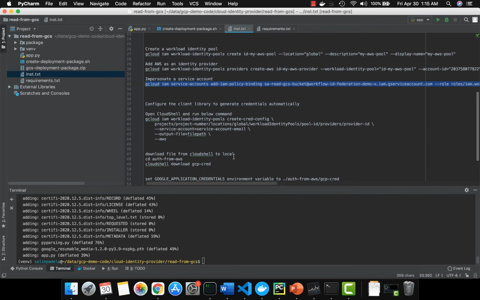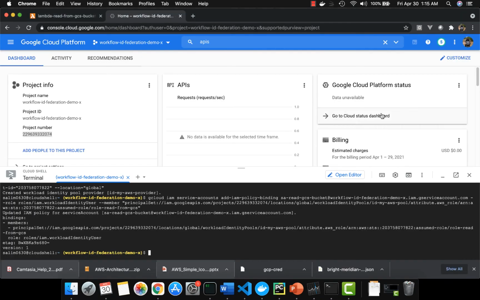So that's pretty much what we had to do to set this up. Now what we do is download this particular file, which we need to attach with our code. We have to update the variables here. So we say gcloud iam workload-identity-pools create-cred-config projects/project number. My project number is this one,